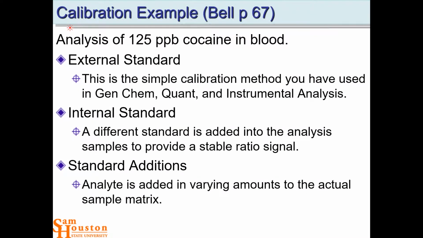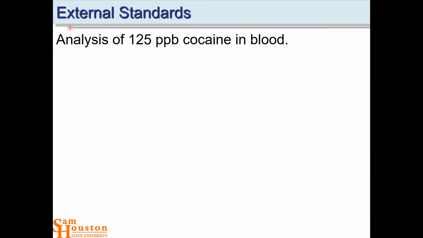It would work for urine. Probably not going to work for vitreous humor. So you got 1.5 mils of fluid out of the eye, and maybe you could break that into 500 microliter standards, and then add in your external piece. But it would be tricky to do something with that small of an unknown. So let's go do the external standards, and we'll probably get through the external standards example,